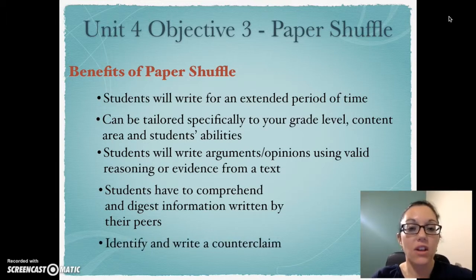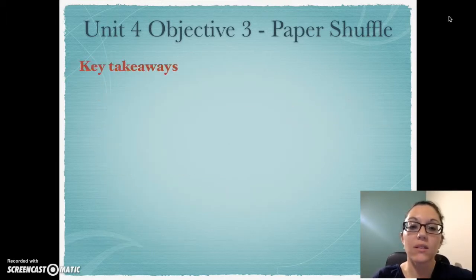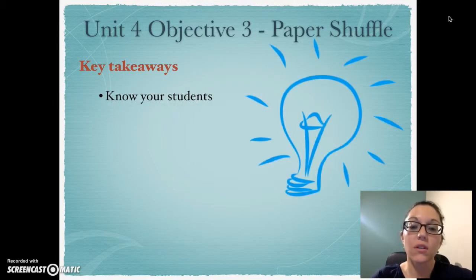Before you implement this strategy, there are a few key takeaways. Number 1, know your students. This part is twofold. First, you want to have complete control over the classroom